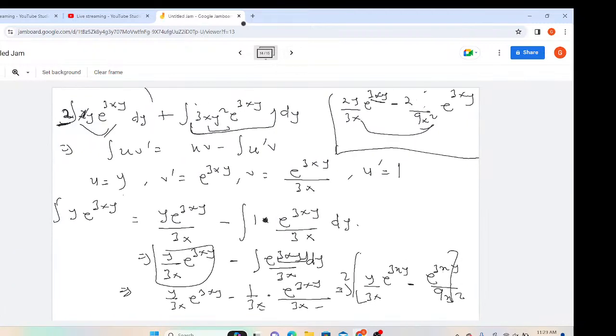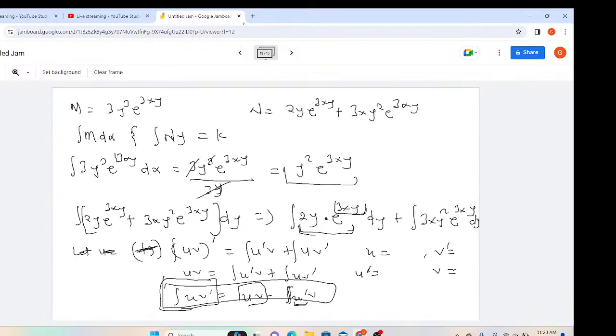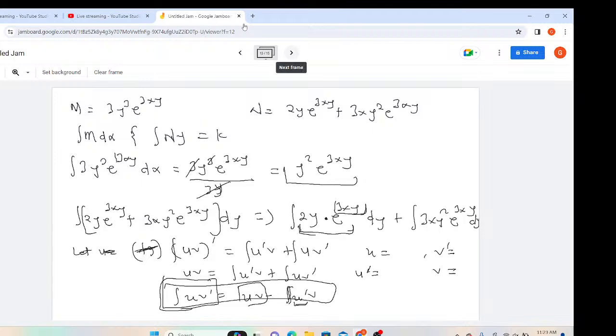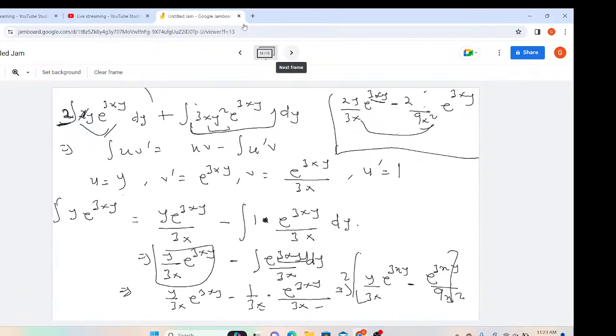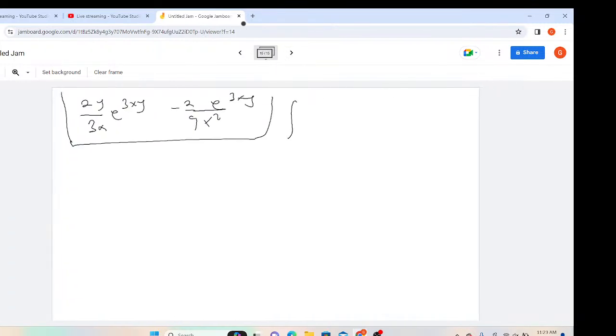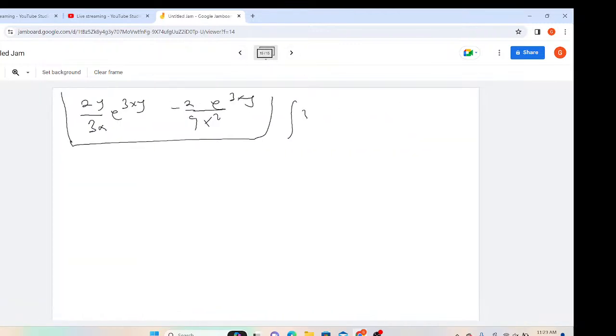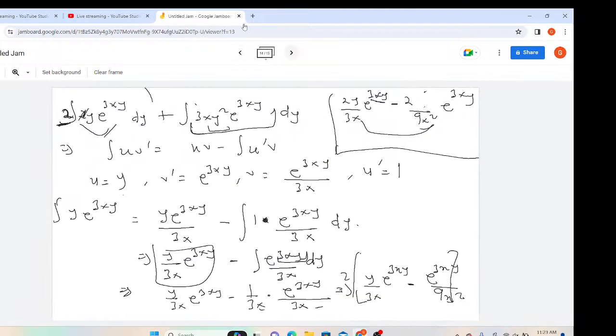So we are going to integrate this also with respect to y. I can say our n was quite complicated. So, okay, this was our n. So we are left with integration of 3xy squared exponential 3xy